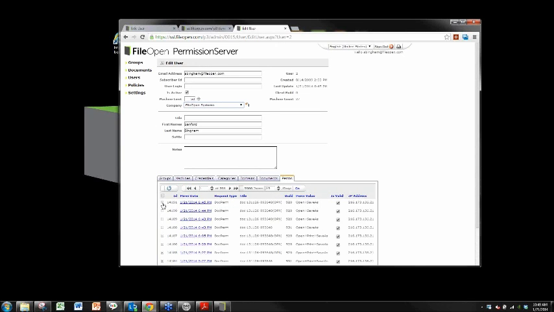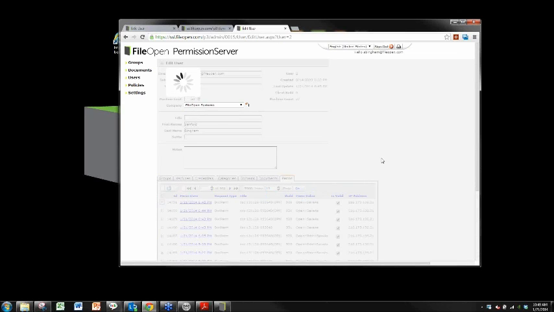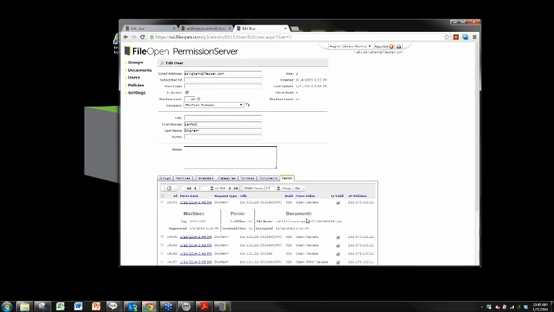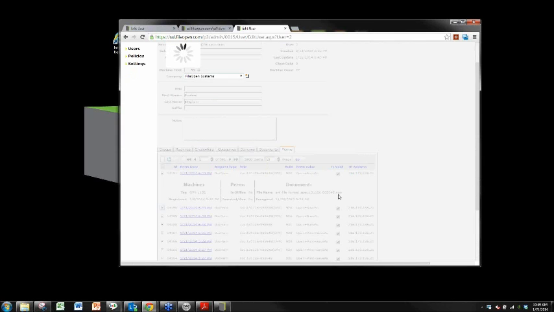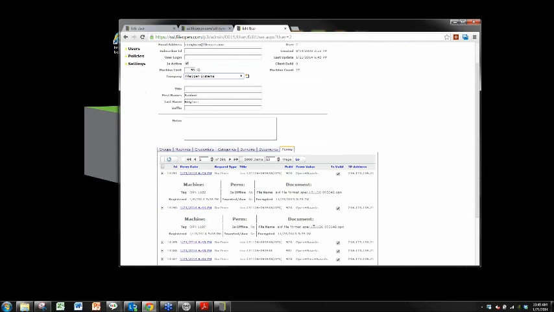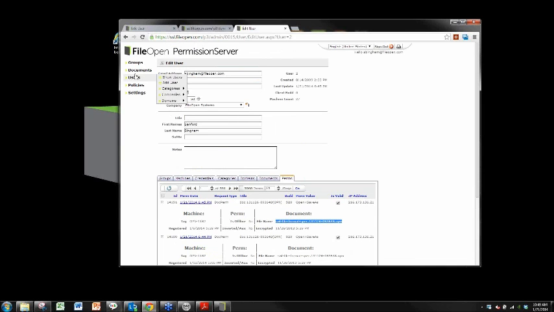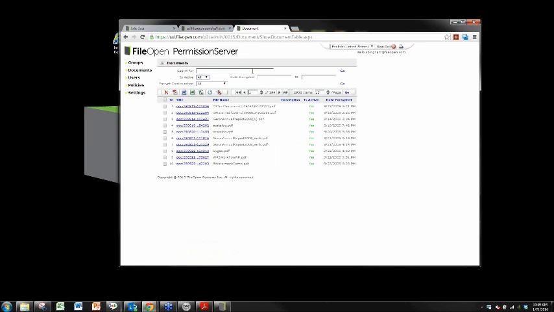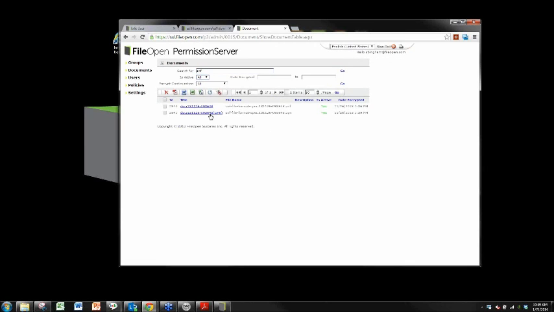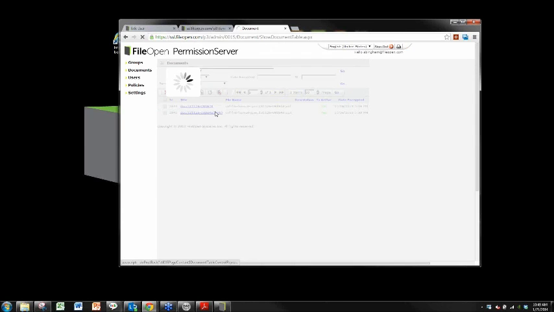So if we look here, we see that I opened a document called SWF file format, and with the extension open, and I opened that same document again, but there was also a PDF. So if I look for that document in the database, actually I can do that more simply. I'll just search for SWF. And SWF, I find the two documents. So first, let's revoke the OPN version,